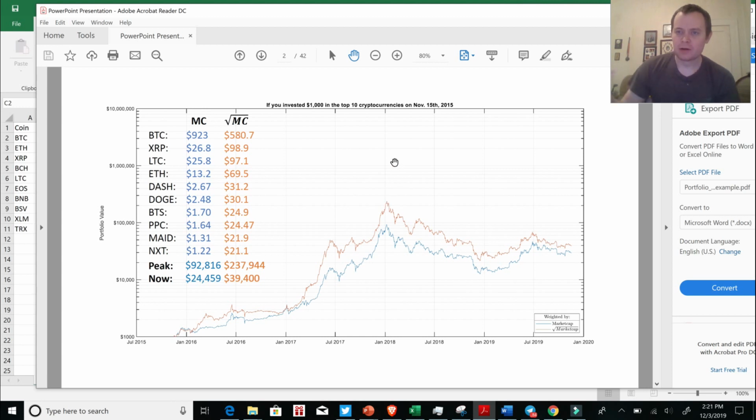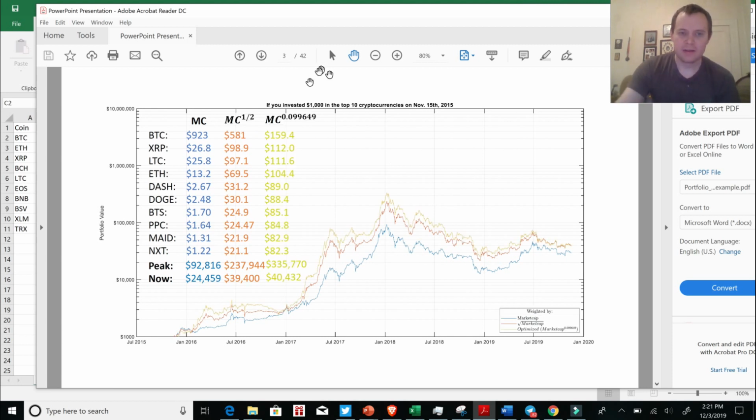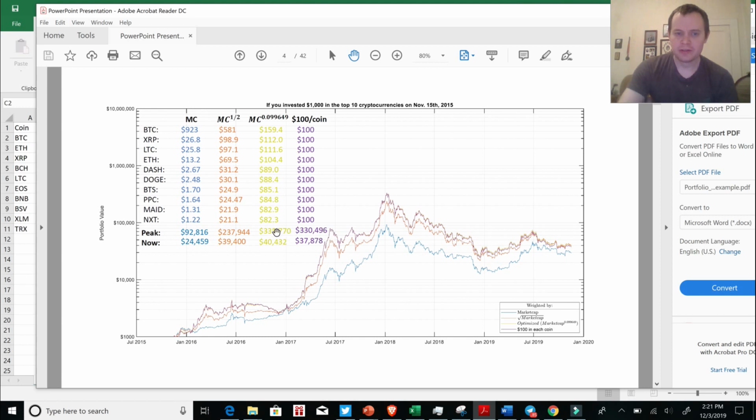Now this begs the question, well, what power could we raise it to, which would have optimized our ROI? And it turns out it would have been 0.099649, which would have allocated it like this, and your peak would have been at $335,000. So still about $100,000 better than weighting it by the square root. Now if you notice, this looks very similar to $100 a coin. So if you did $100 a coin, you would have seen a very similar ROI,